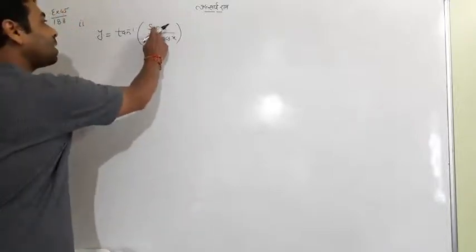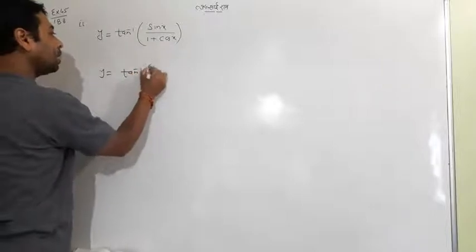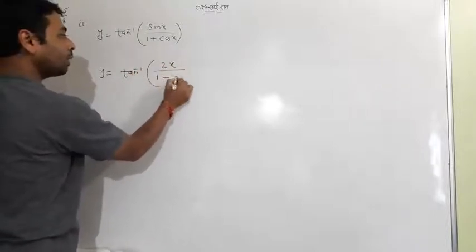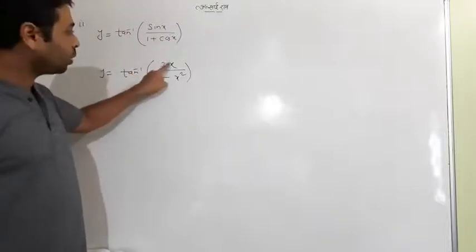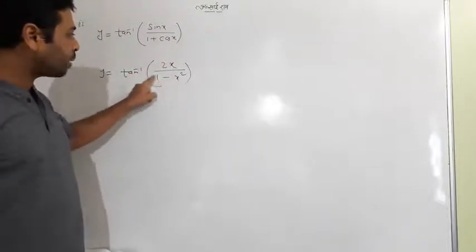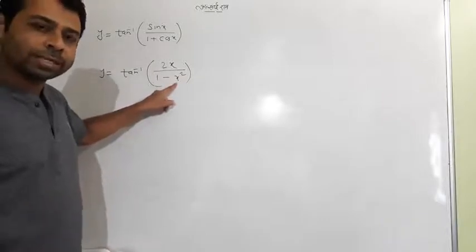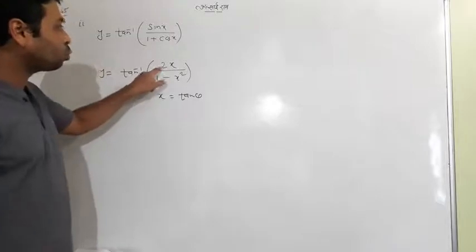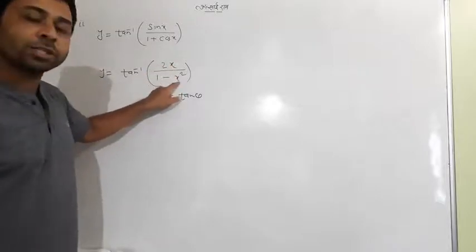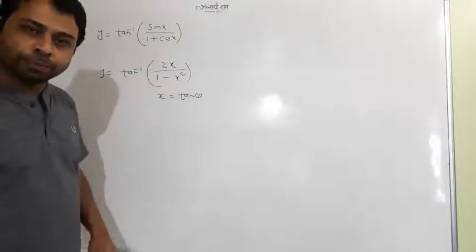Suppose only an x term is coming. Compare it with a question like 2x upon 1 minus x square. What is the difference between these two questions? When you look inside that particular value, it is in x, so it requires some substitution for x. Like I will put x equal to tan theta, so that it becomes 2 tan theta upon 1 minus tan square theta. It will be tan 2 theta, and tan and tan will cancel.